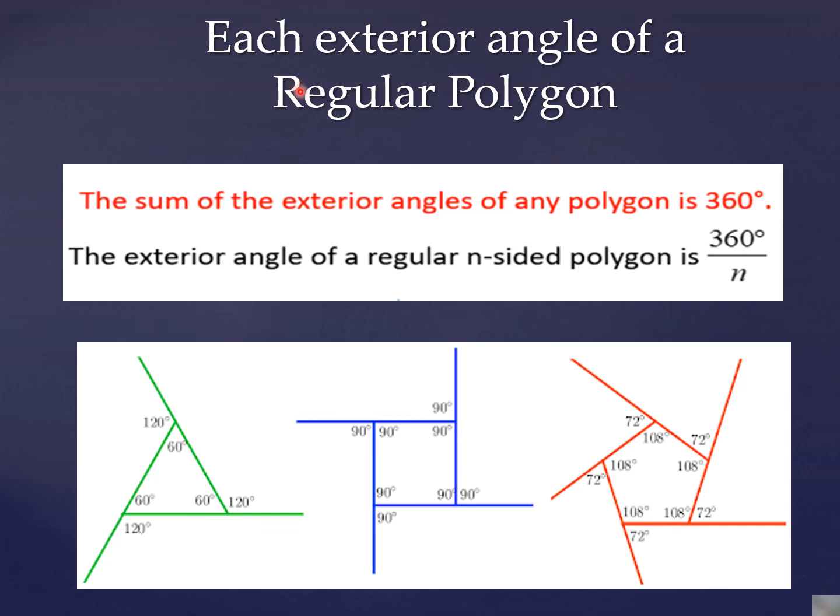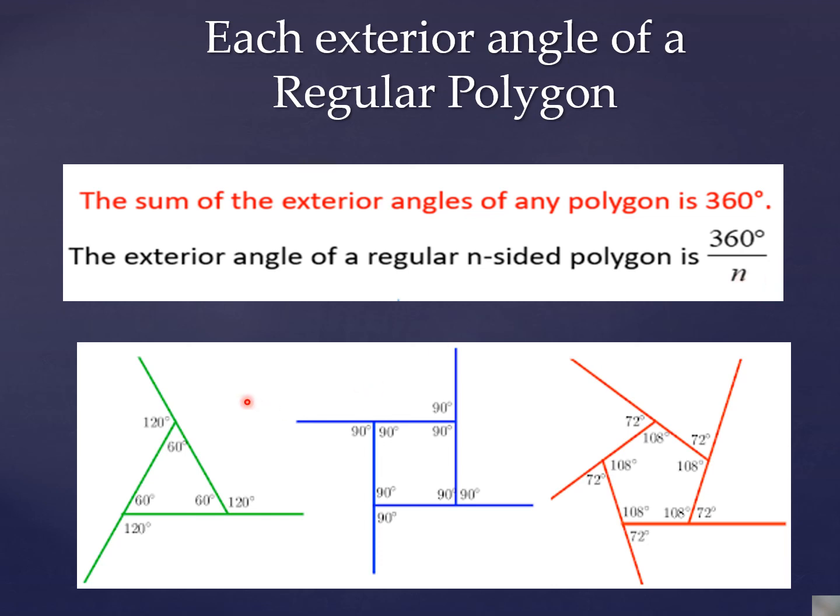Now here comes the regular polygon. If the sum of exterior angles of a polygon is always 360 degrees, so what could be one exterior angle of a regular polygon? So how can we find it? It is simply 360 by n, because we have just discussed how many angles you are going to take: n angles, n exterior angles in an n-sided polygon. So if you want to find the measure of each exterior angle, you can simply divide by n, right? Because in a regular polygon, all the angles are equal.